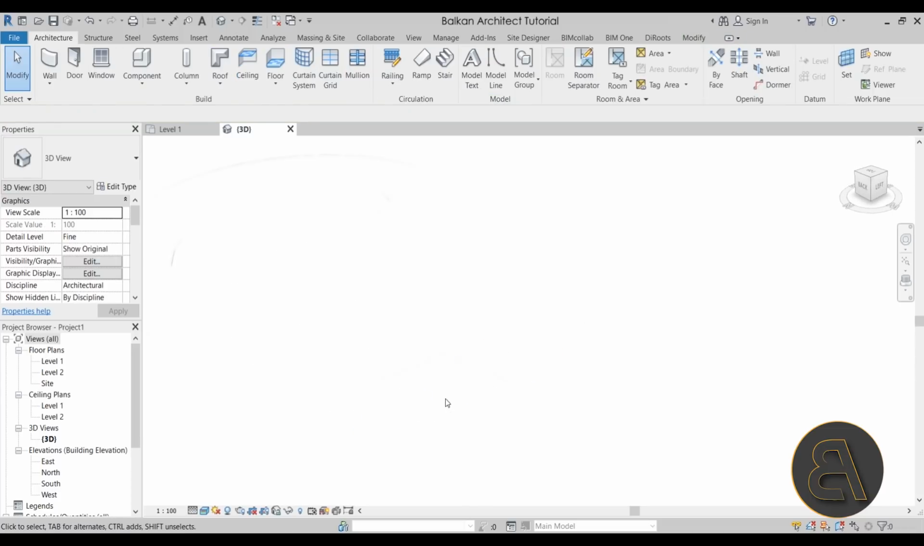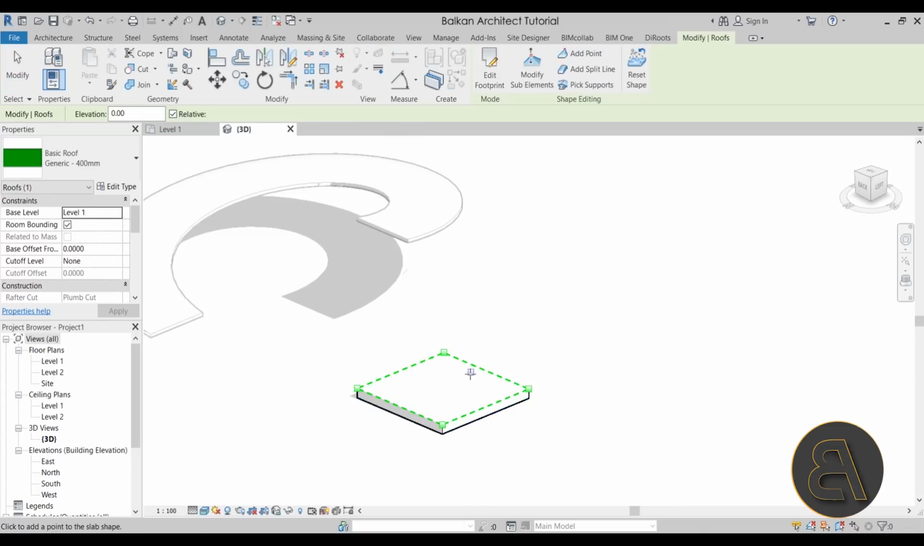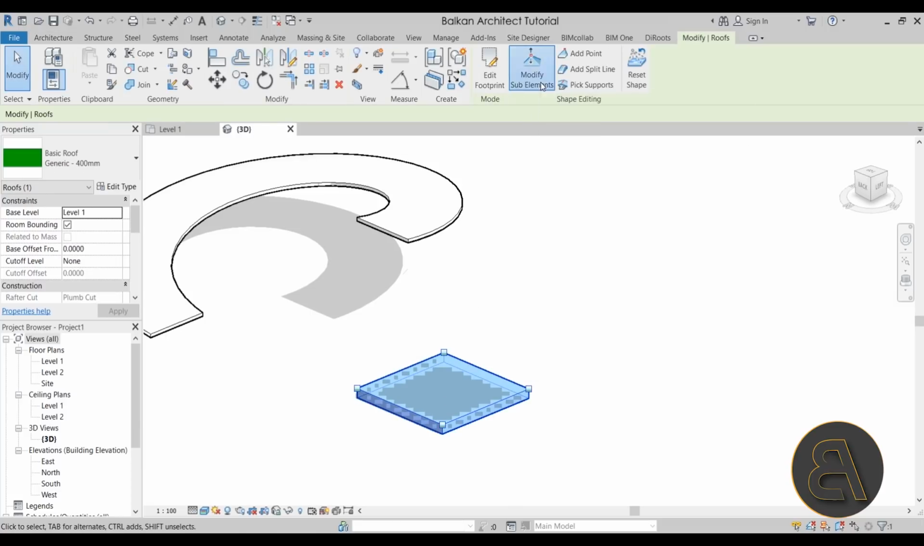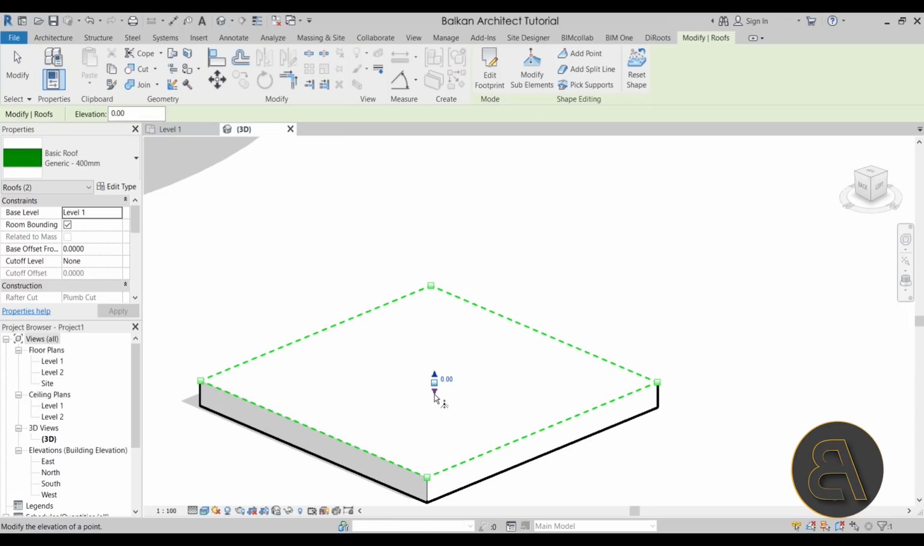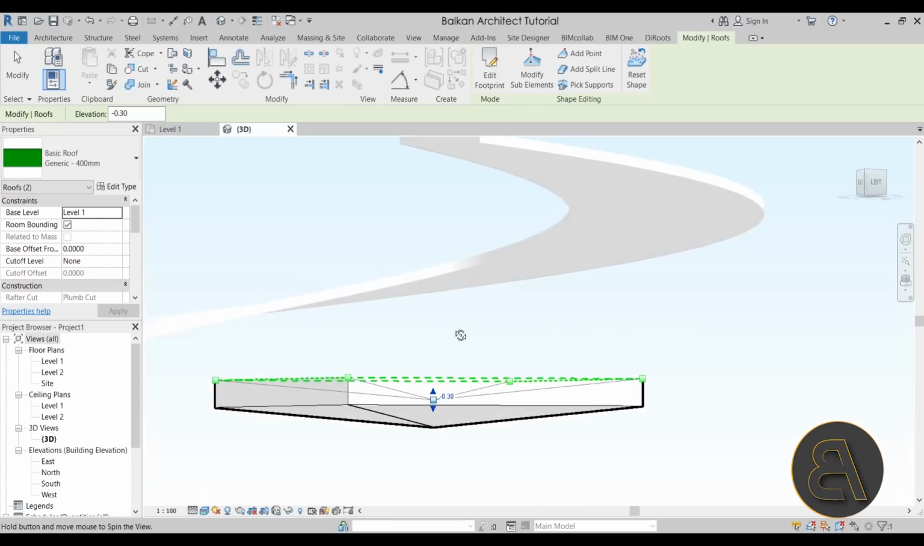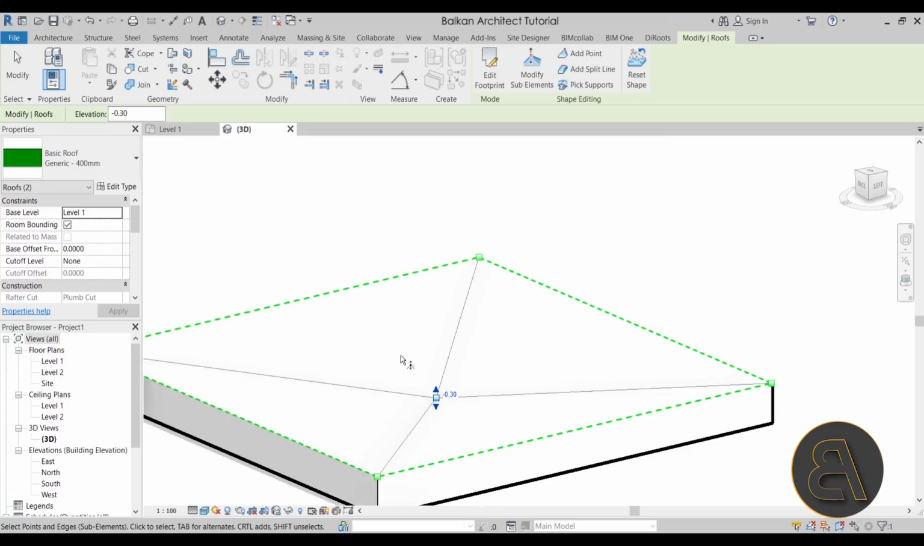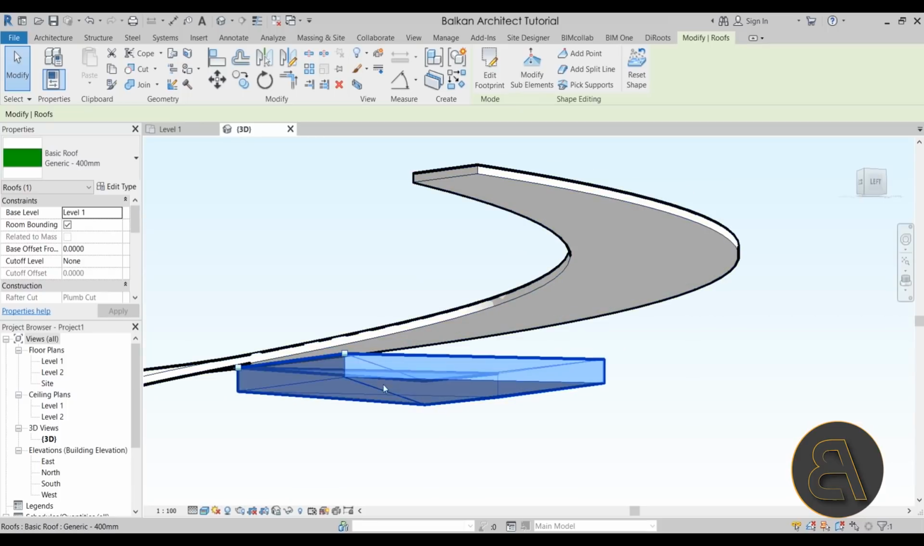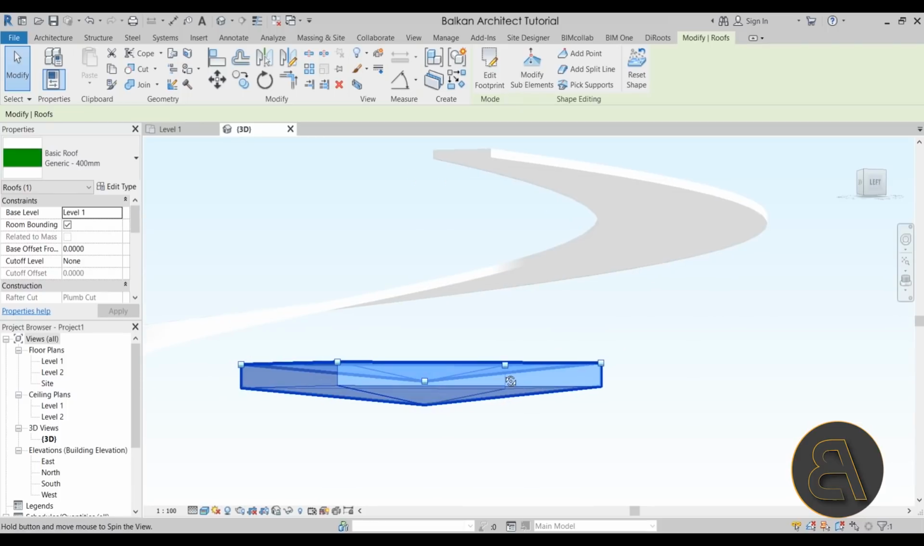Something that you can do for roofs is you can go here to Add Point, and then you can add a point in the middle. You can go then to Modify Sub-Elements, select that, move it down, and then that is going to be your drainage point. Now here you're going to notice that on the bottom this roof has now changed both on the